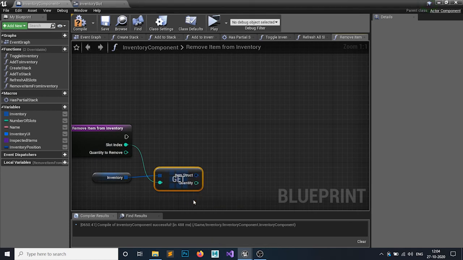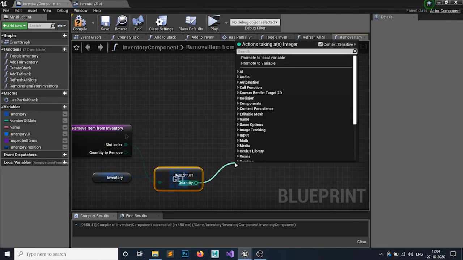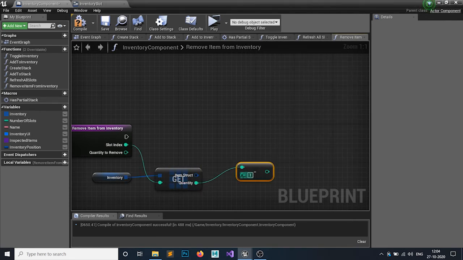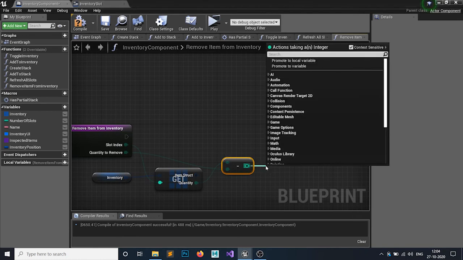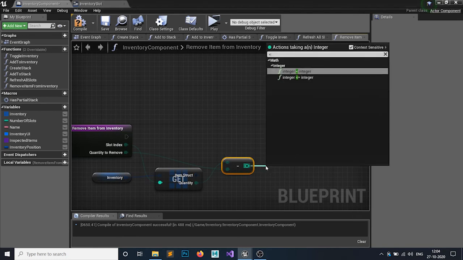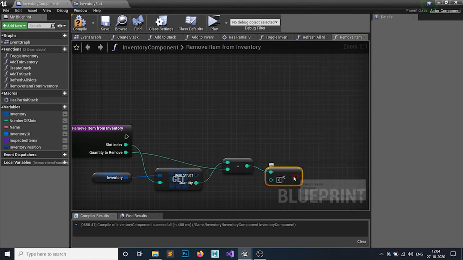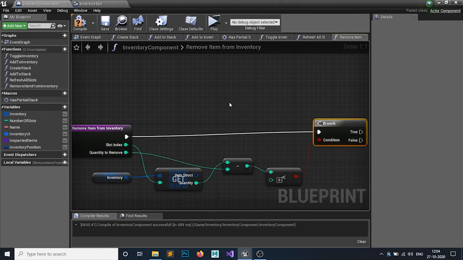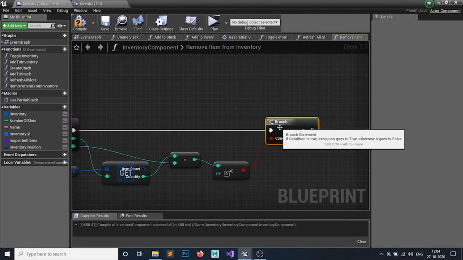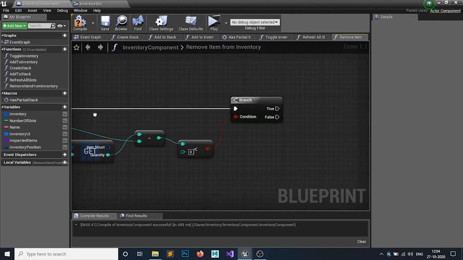I'm just gonna split it out for an item structure as well as a quantity. I'm just gonna subtract the quantity we want to remove. If the remaining quantity after removing is less than 0, branch: if true, then we set it to null, otherwise we set it to the removed one.